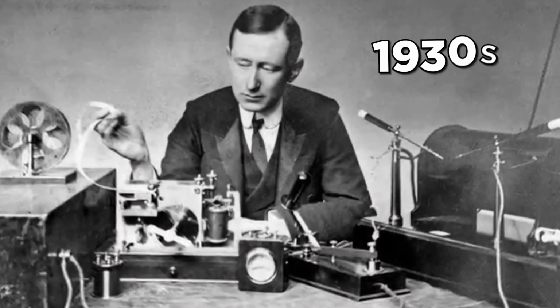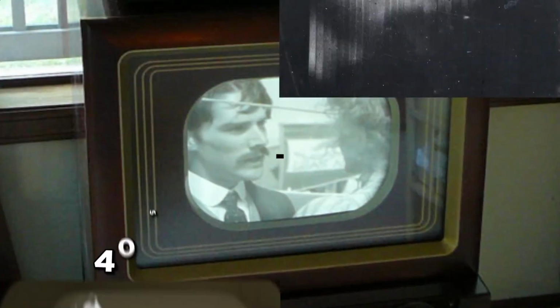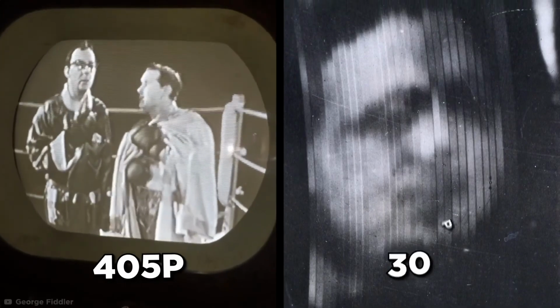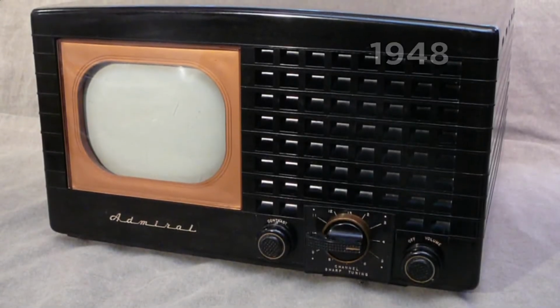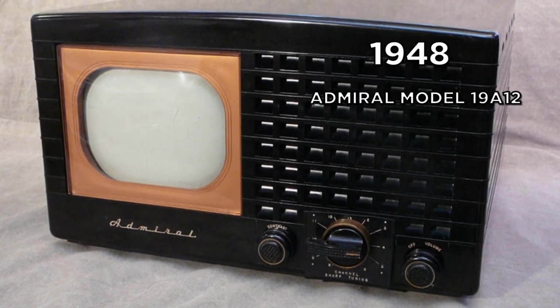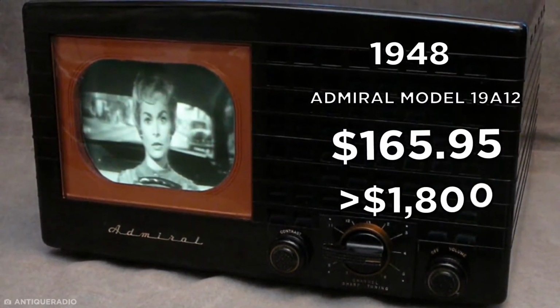From the 1930s, Marconi EMI's far superior electronic television sets appeared, and these were fitted with cathode ray tubes, which could produce 405 scan lines, 13.5 times more than Baird's mechanical TVs, and could now be measured using digital pixels. TVs like this 1948 Admiral model 19A12, costing $165.95, over $1,800 post-inflation, now had about 503 by 377 pixels in each frame and could produce 25 frames per